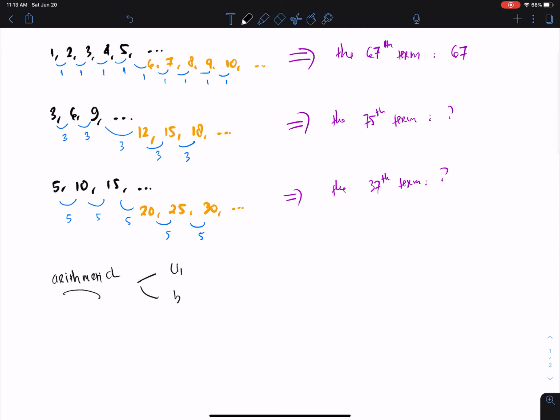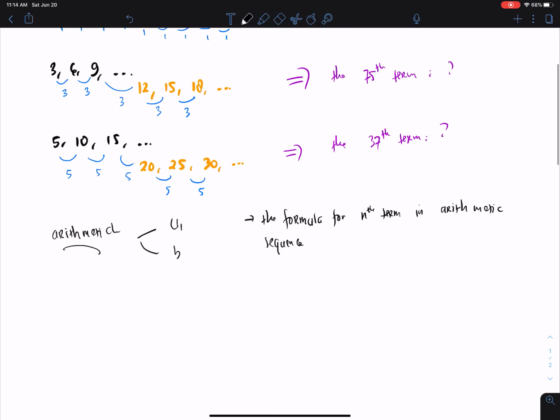So the formula for the nth term in an arithmetic sequence is formulated by